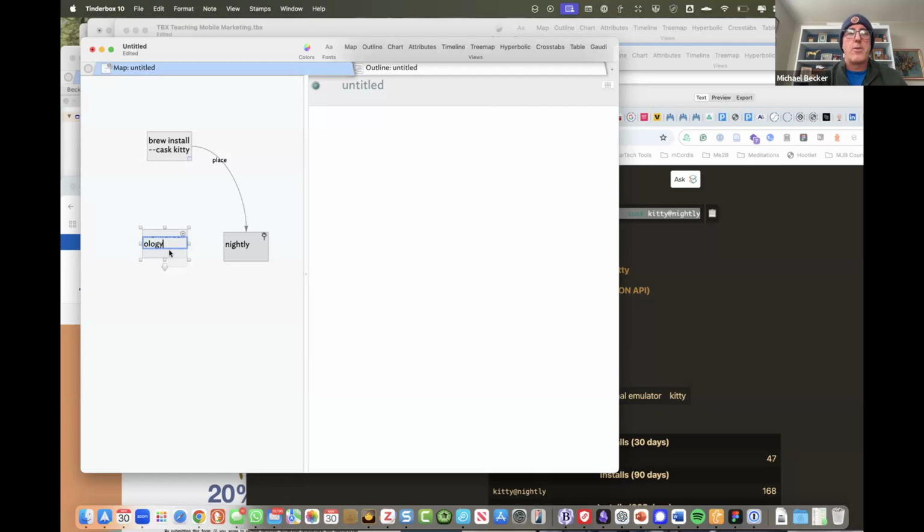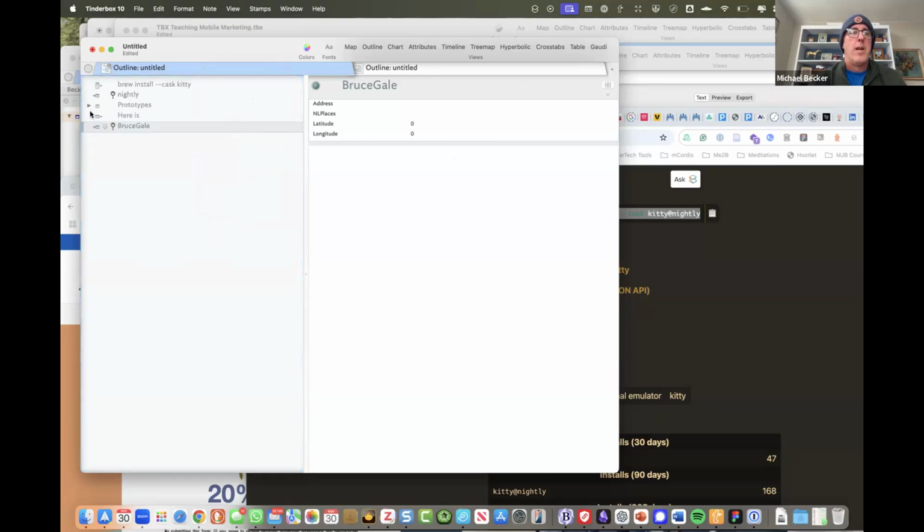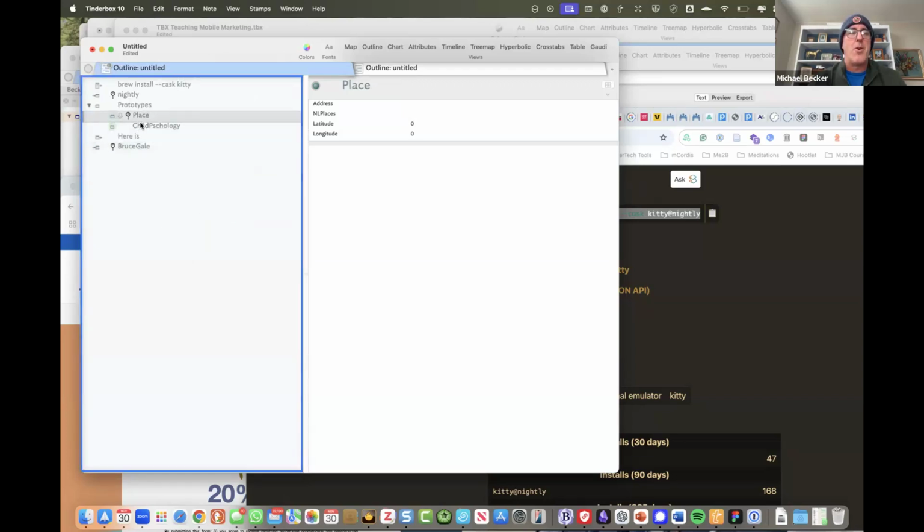All right, so let's say I was creating a note like that and I hit enter. You'll see it did a bunch of different things. It created a place at Bruce Gale, so it separated that out as a note. And then what it also did is, if we go to the outline view, it also generated a prototype called